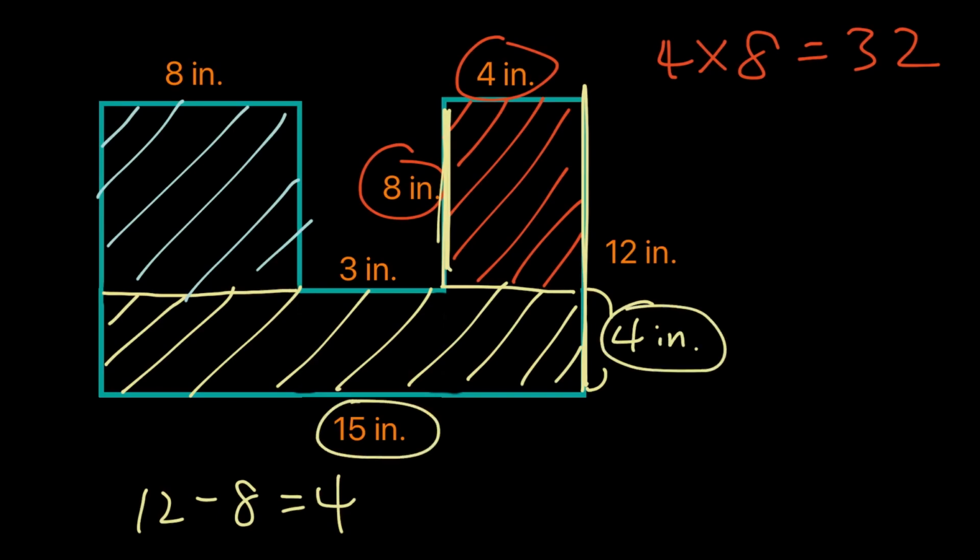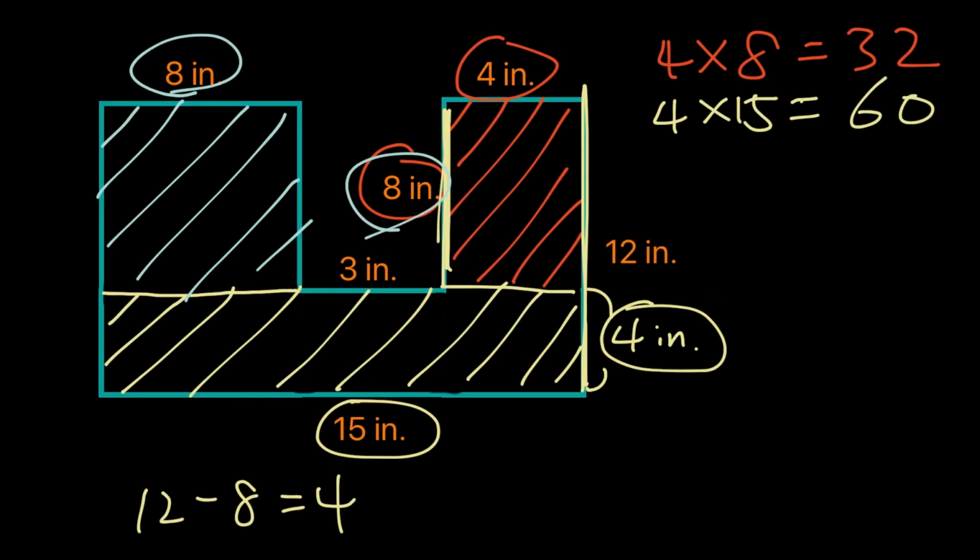Then we take 4 times 15, and that equals 60. Now for the blue region, we would take 8 times 8, and that would be,